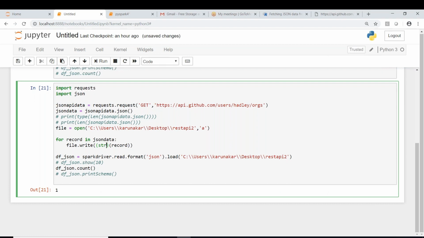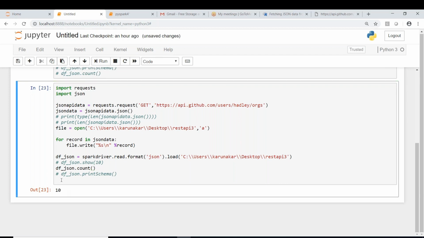So instead of writing it like this, I can use some format here, percent s. What we are trying to print is a string followed by slash n. What is that string? It is the string of the record, which we can pass. Now I'm changing the file name to record 3, because some data is already there in the earlier file.